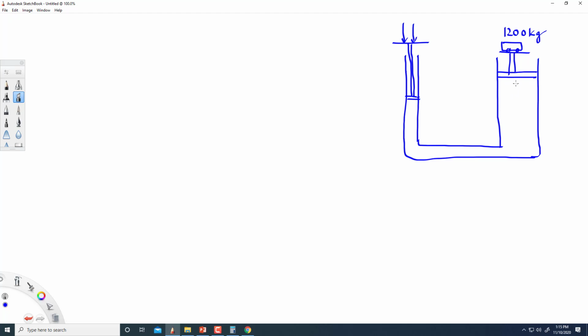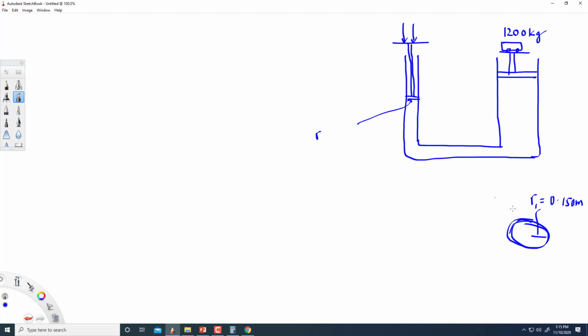The piston here is a circular piston. Although it seems flat here, it's a circular piston. So that piston has the radius of 0.150 meter,